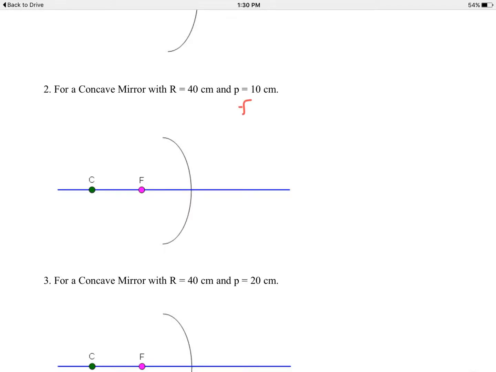As with the last problem, the focal length is 1/2 the radius of curvature, so 1/2 of the 40 is 20 centimeters. That's how far it is from the pink focal point to the mirror. In this case, like in the last case, I will use a candle as my object, and this little squiggly part at the top here is a flame. It's giving off light. Once again, if it was not a luminous object, it would need to have some light reflecting off of it from all parts of it, not just the top part, but the middle part and the bottom part. But all you need to do is focus on the top part of the object to locate the